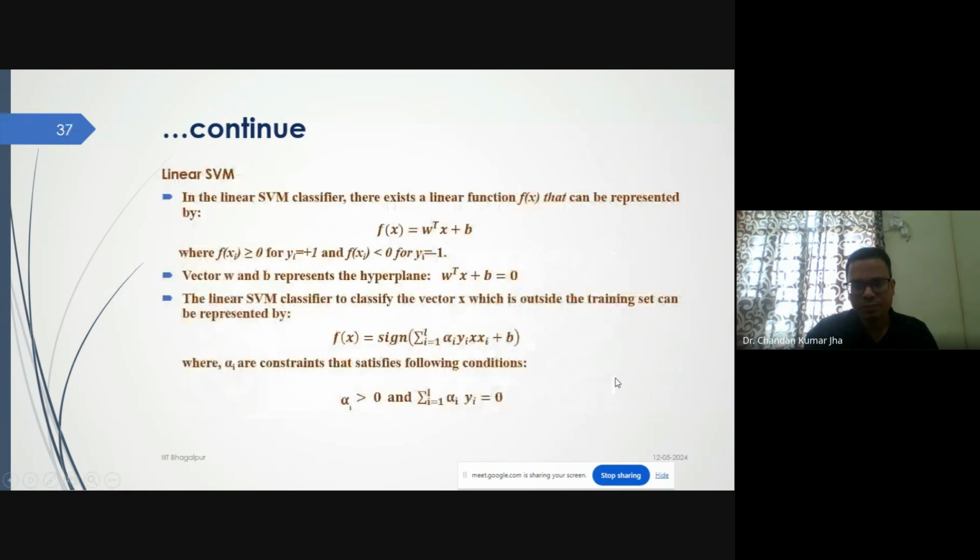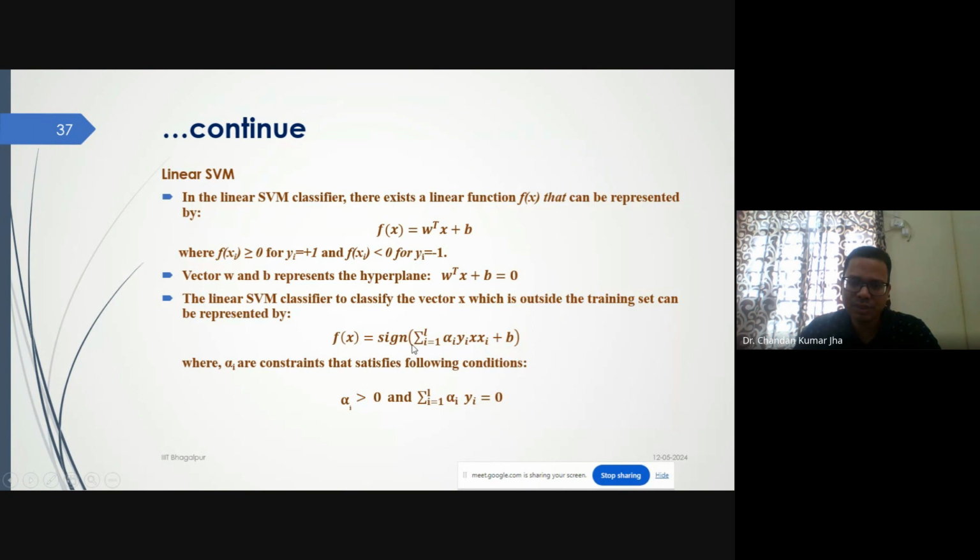Okay. So in the next class, a certain formulation has been used to define support vector classification. Suppose that a linear function f(x) is used to interpret a hyperplane, then it can be formulated as f(x) = wᵀx + b, and here y_i f(x_i) must be greater than 0, where the labels are 1 and -1. So y_i are the different labels, and w and b are the vectors that represent the hyperplane. Now the linear SVM to classify the vector x, which is outside the training set, can be represented